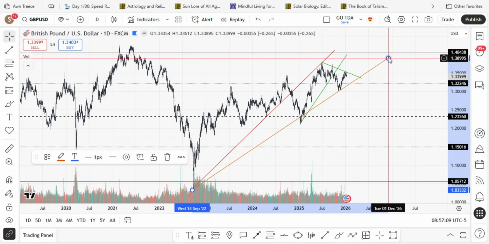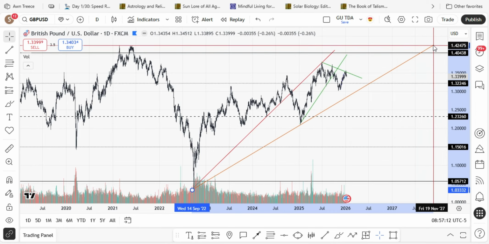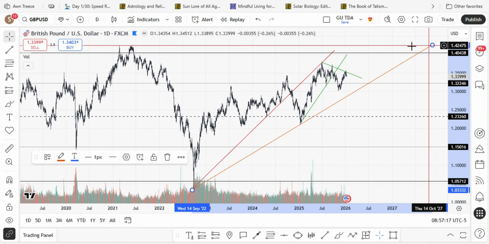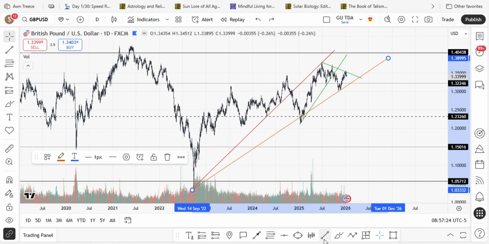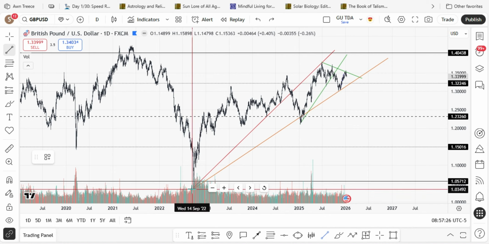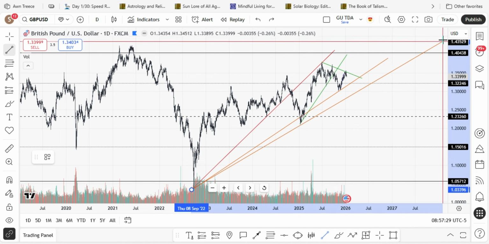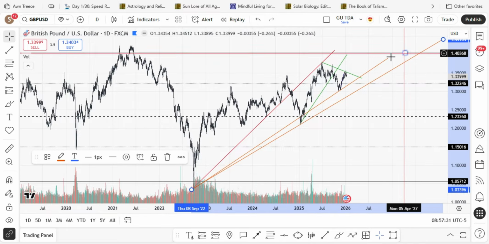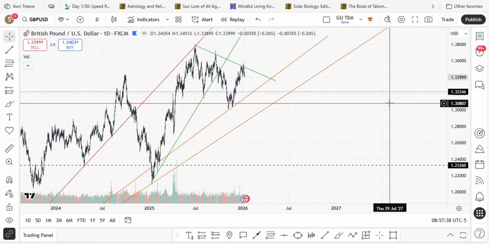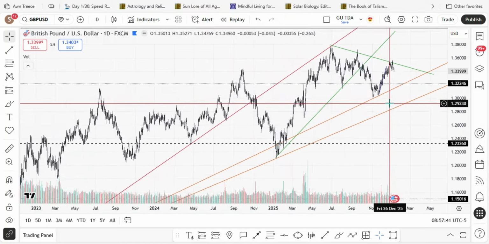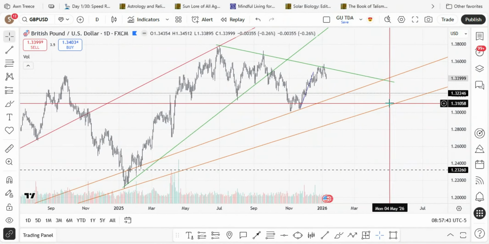Either be there or there. I'll do both. This one already played out. You don't really need it, but it's not bothering me. Okay, so